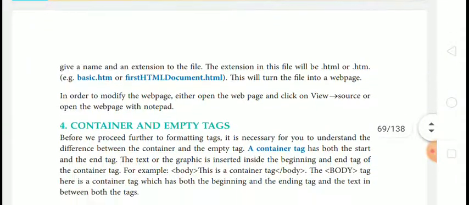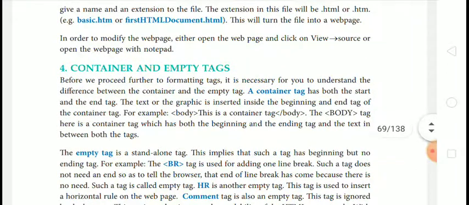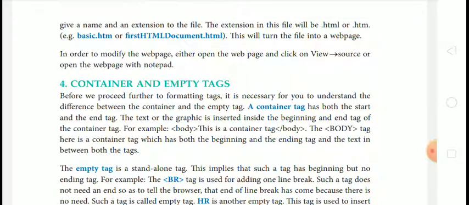The extension of this file will be .html or .htm. So .html is the extension of this file. This will turn the file into a web page.